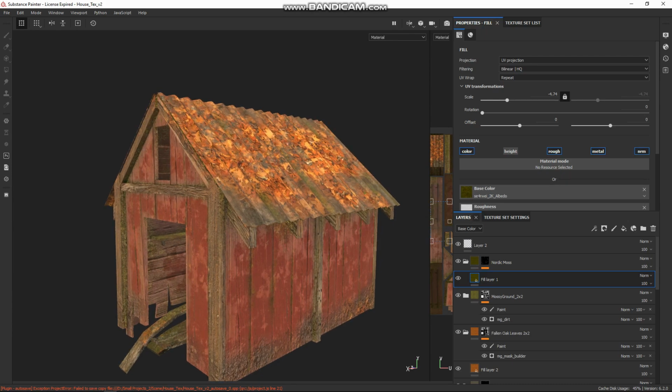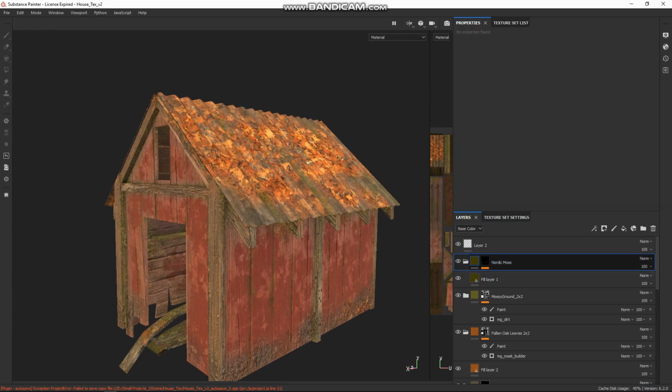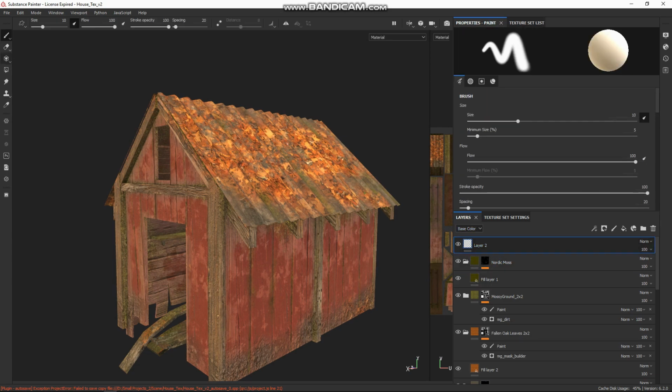You can do all this. You can mask it. Basically, Substance Painter has everything you need, and you don't need ID maps. Yes, that's exactly what I'm talking about. You don't need ID maps if you just want to texture a section of your model. So a good example of that is if you go here to